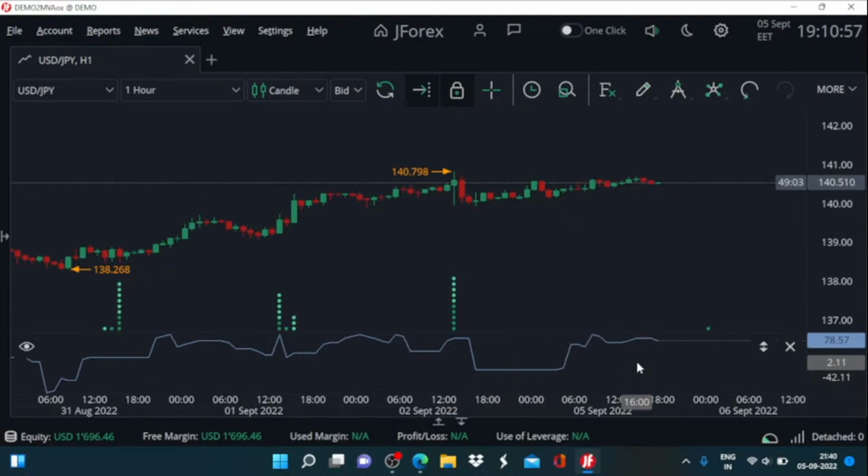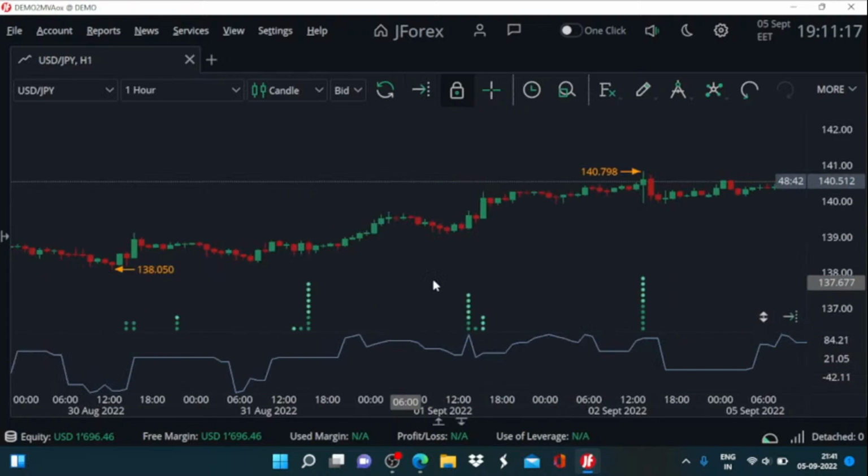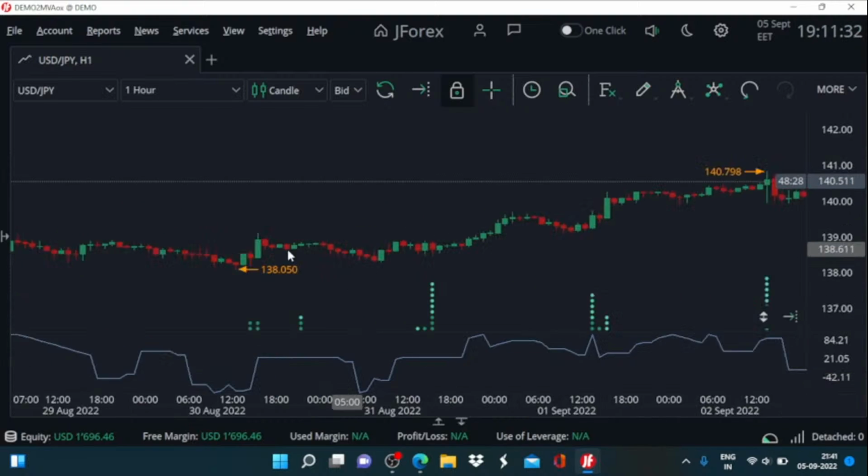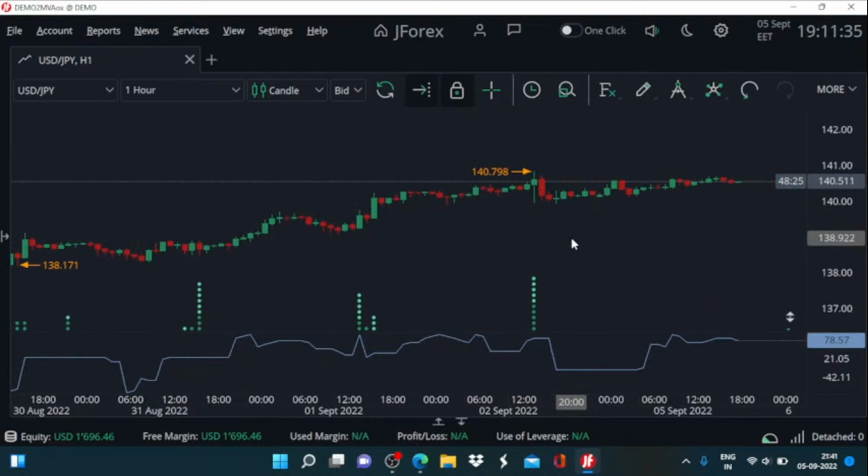If we have the output of the Aroon oscillator closer to the 100, that means the recent candle closing value is quite close to the recent high or the calculation period high. That is indicative of strong bias on the upper side. If we have the closing value on the lower side, then the Aroon oscillator output is going to be closer to minus 100, and of course that is indicative of strong bearish sentiments prevalent in the USD JPY. So both these things can be done,